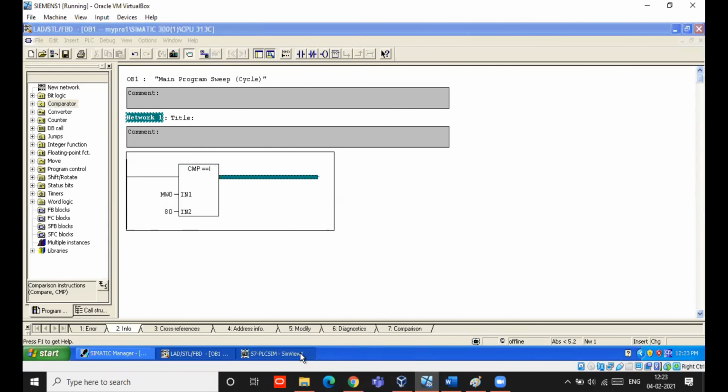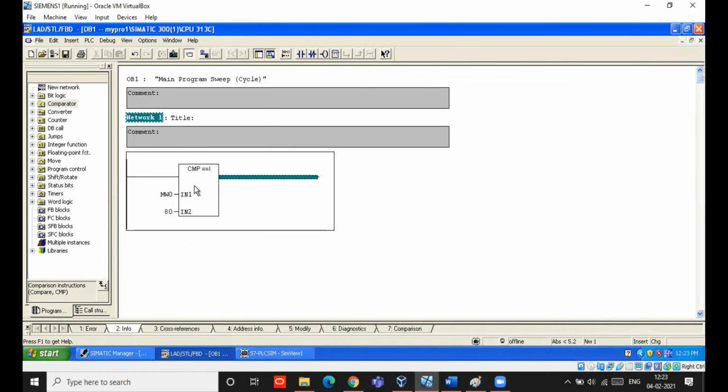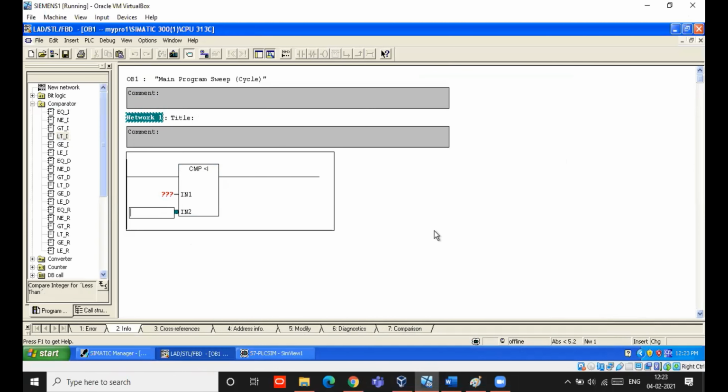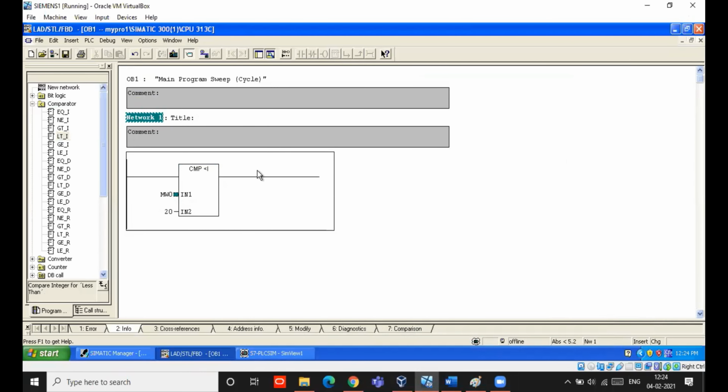So first, what is our value? Our value is less than 20, right? So I have to use less than comparator. I am using less than comparator. One value, set point is 20. It has to be compared with our present level.